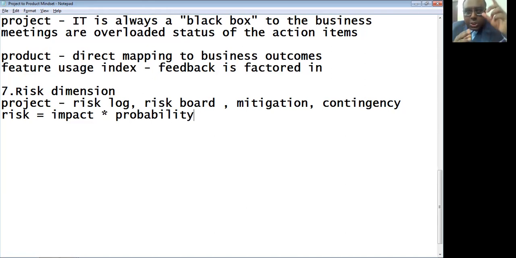Let me take a gun and shoot the target. Let me take a bow and arrow and hit the target. Whereas in a product ecosystem or product mindset, or rather in an agile-driven ecosystem, the target itself is a moving target.